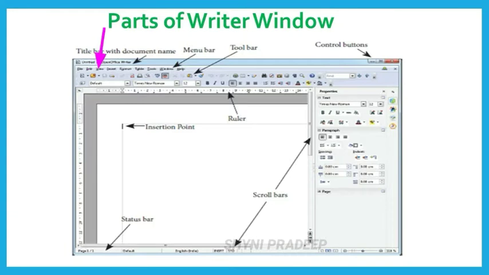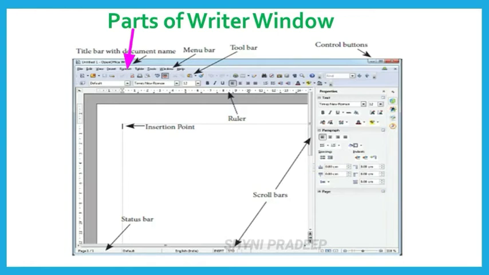And next, view menu. View menu contains options that are used to modify the environment of the Writer such as display of toolbar, web layout, print layout, navigator, etc. And next, insert menu. This insert menu contains commands for inserting various elements such as pictures, tables, charts, comments, headers, footers, special characters, etc. And the next menu is format menu.